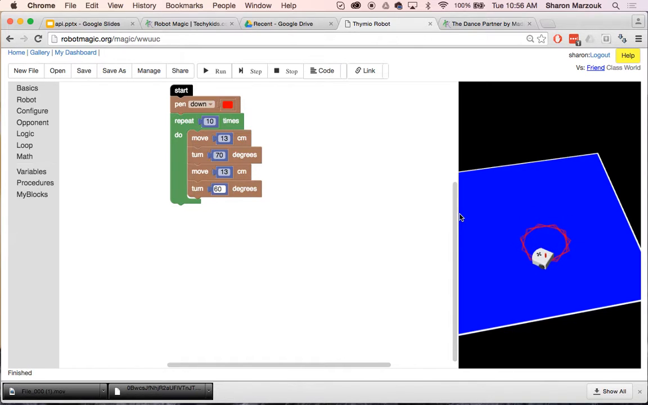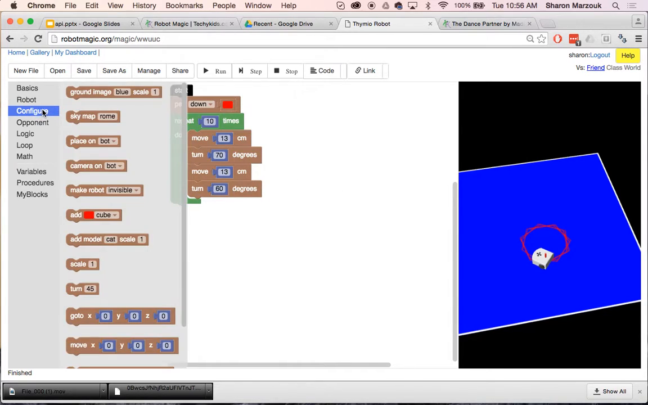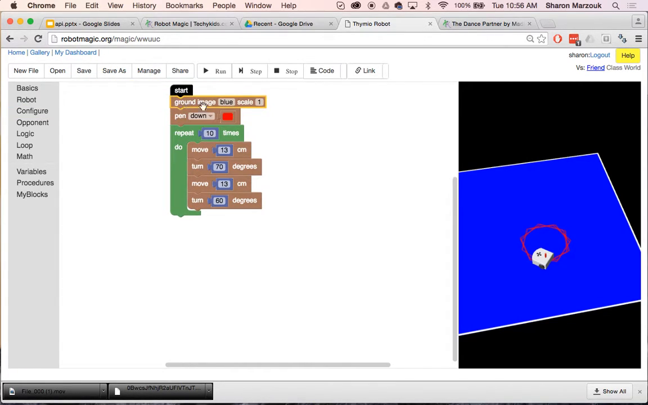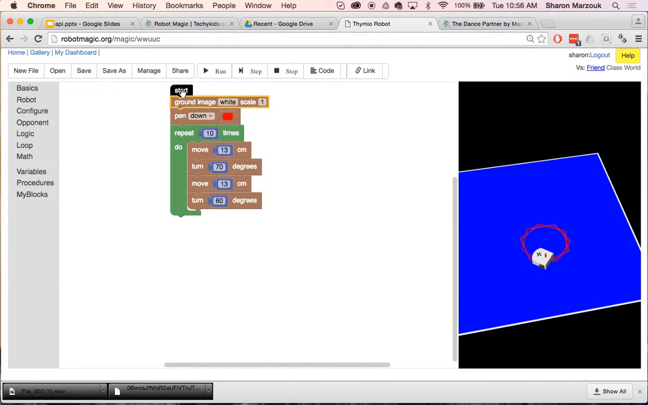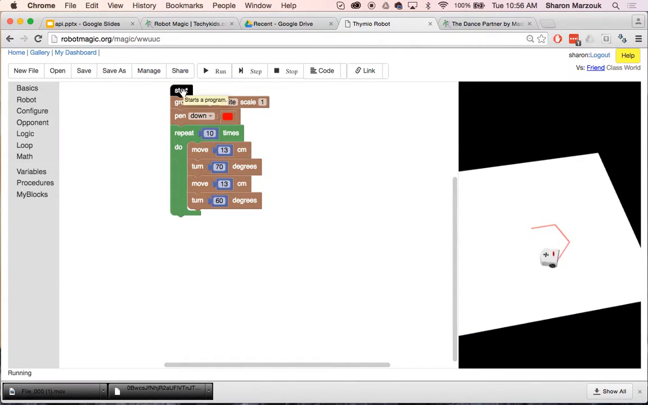If I wanted to be drawing on white instead of blue, I can go over here to configure and change this ground image, and I can tell it to draw on white. Now I'm going to go ahead and hit start. So now what I'm doing is I'm drawing this pattern on white,